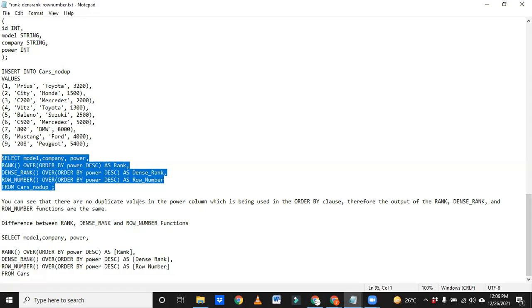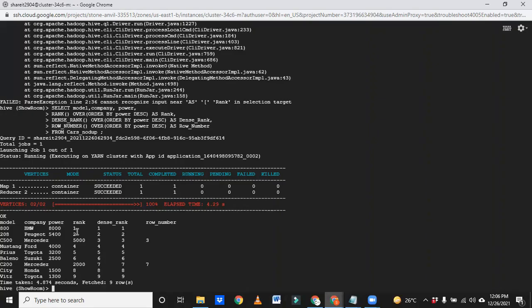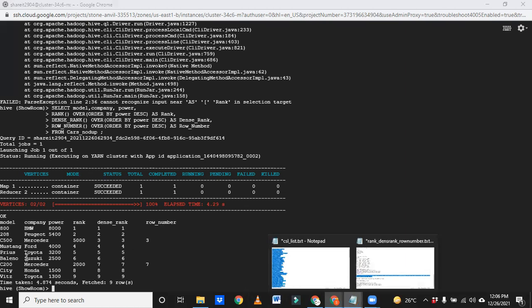So you can see that there are no duplicate values in the power column, which is being used in the order by. Therefore, the output of rank, dense rank, and row number are the same, right? So we have seen the outputs are the same, 1, 2, 3, 4, 5, 6, like that, up to 9. All these three have given the same output, right? So the difference